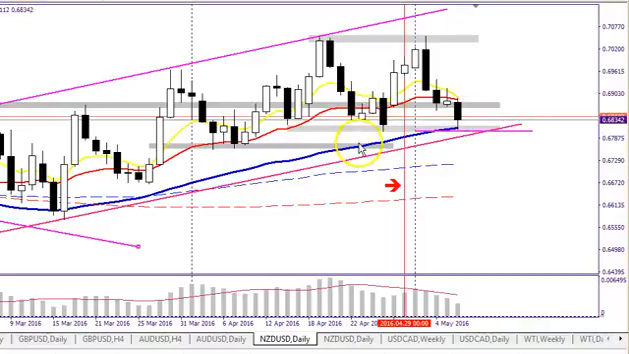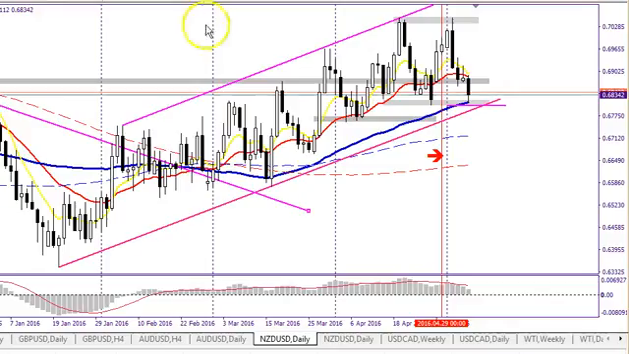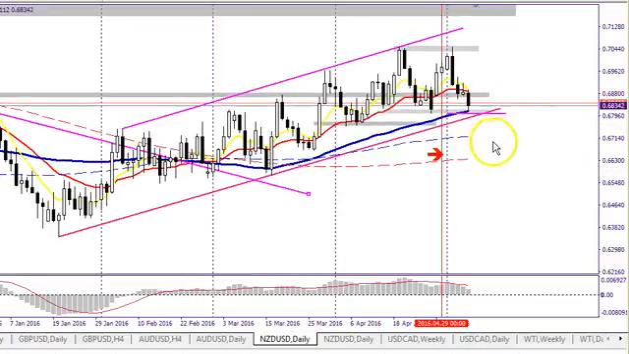But right now we're contained within the channel. You can see here's the lower trend line. So I am actually expecting a bounce off the channel, off this area of confluence. And again, what you're looking for is one nice bullish candle to the upside. So one thing you can do is